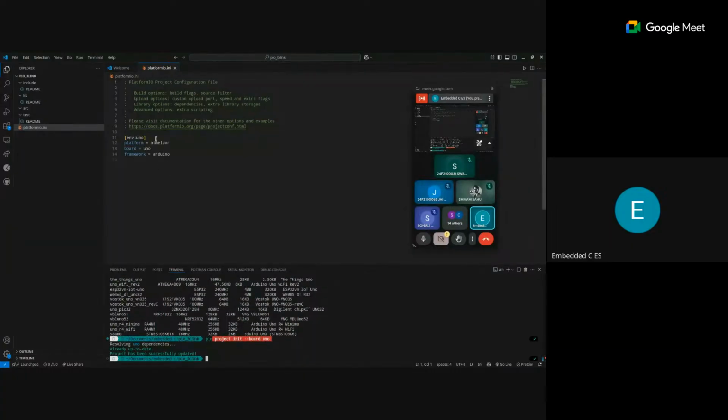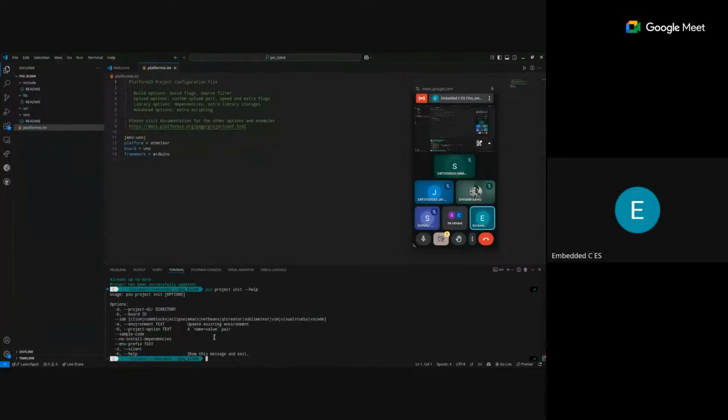So you can see that the board related details are added in the platform at INF. Right. So this creates the environment related things. You can also configure additional options with this kind of things. So we'll go with the simple project over here. Okay. So now